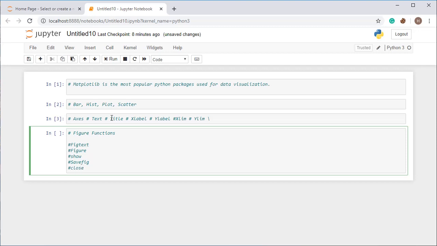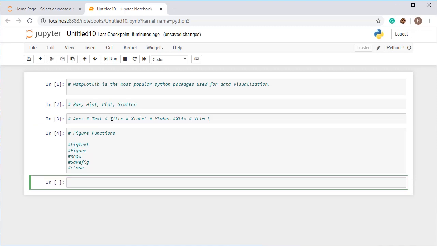Now let's start with a simple plot. I have already shown you how to plot a sine wave, and today we are going to start with plotting a graph of a quadratic equation. How do we plot a graph of a quadratic equation? We have already seen in the previous lecture how to plot a graph of a normal one-degree, linear equation, and now we are going to plot the quadratic equation.